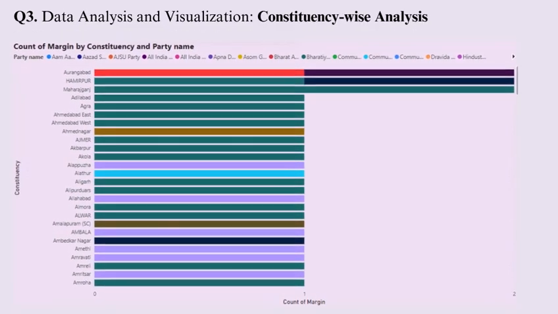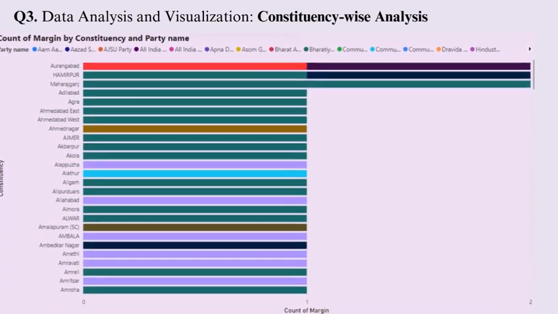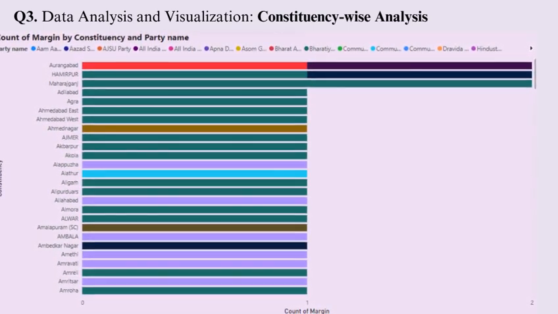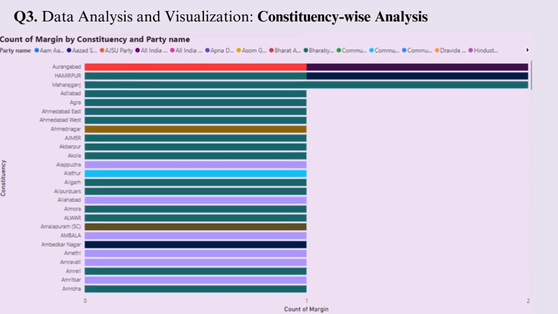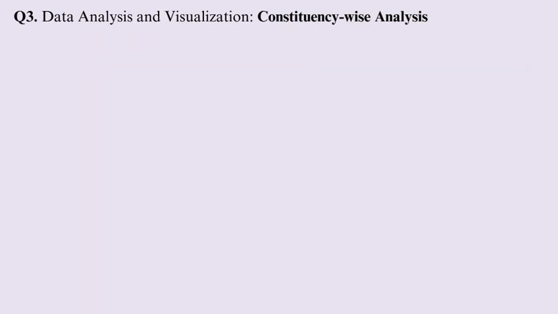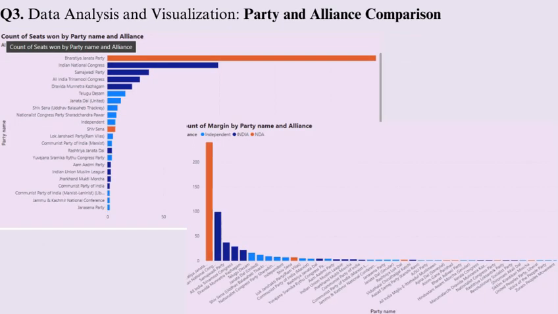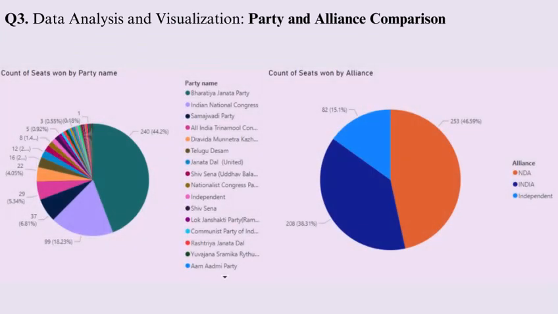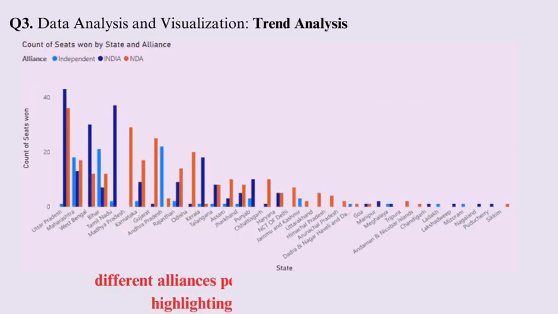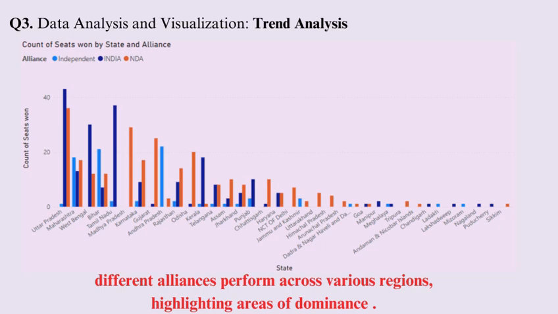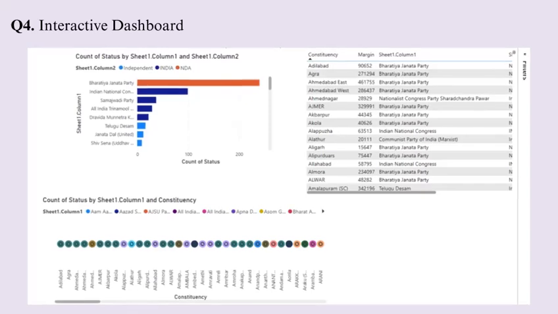In our consistency analysis, we identify key areas with tight races, indicating political battlegrounds for future elections. Comparing party alliances, NDA outperformed others in terms of seat margins, highlighting their strategic strengths. In trend analysis, we observe shifting voter patterns, with certain regions showing increased support for emerging parties, suggesting changing political